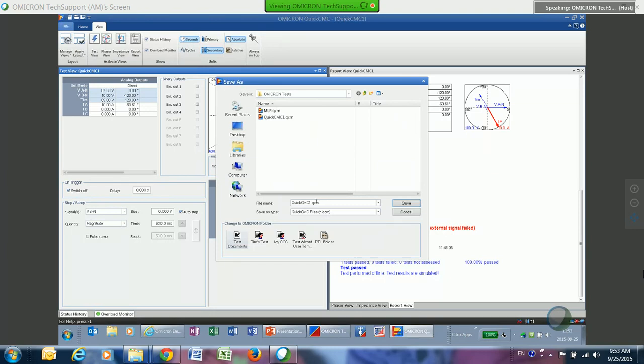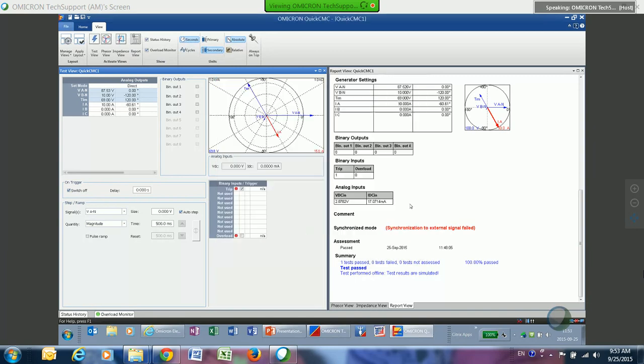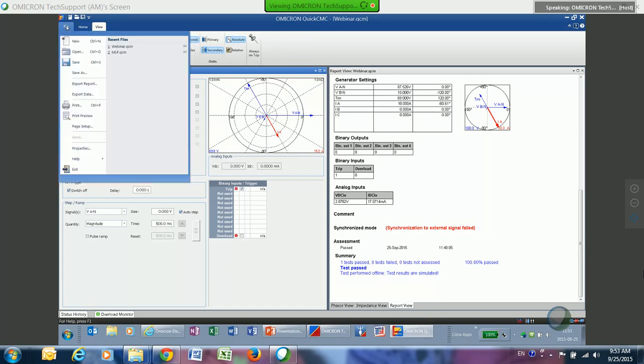Let's say that my voltages and currents, this is what I wanted to save, and this is kind of a generic report that I would like to use many different times. I could come up and do File, whoops, and do a Save. It's got a default name here of Quick CMC, but let's just say that we called it Webinar just for what we're doing here today. And it puts an extension of .qcm, which is Quick CMC module. And now if I hit Save,